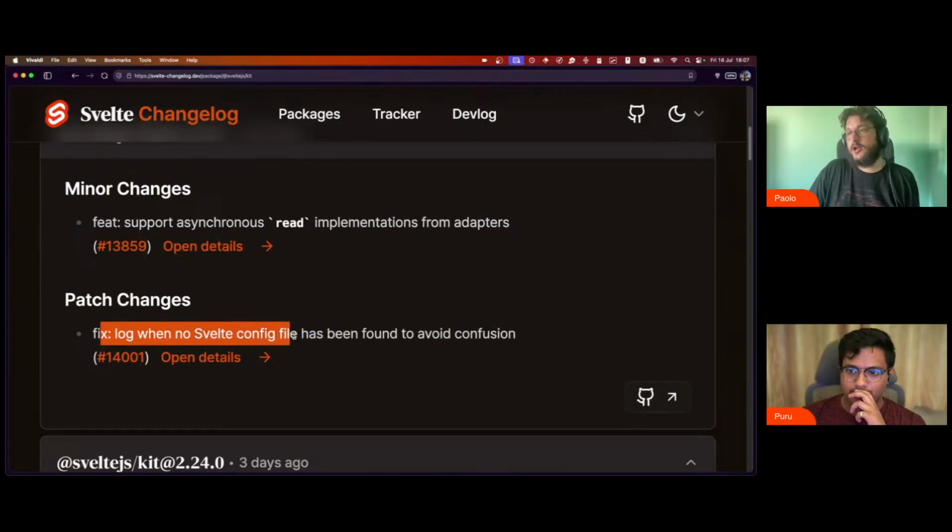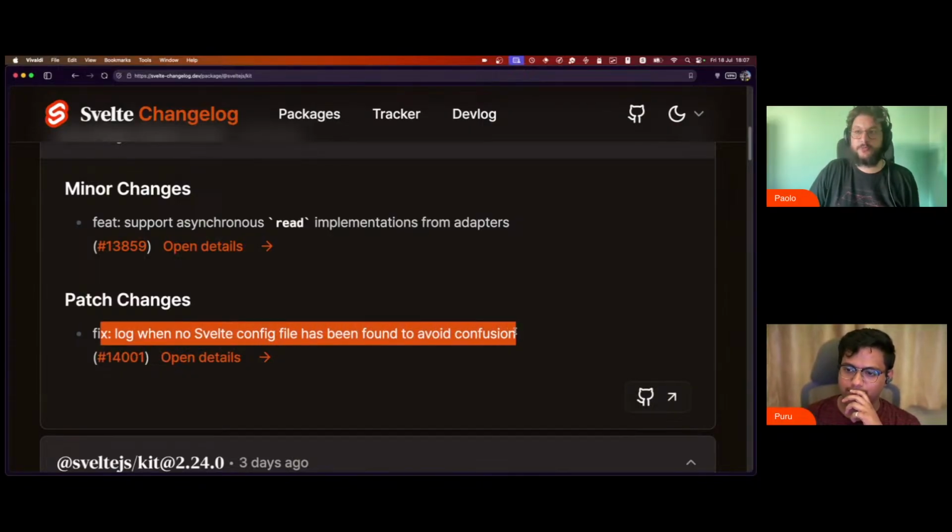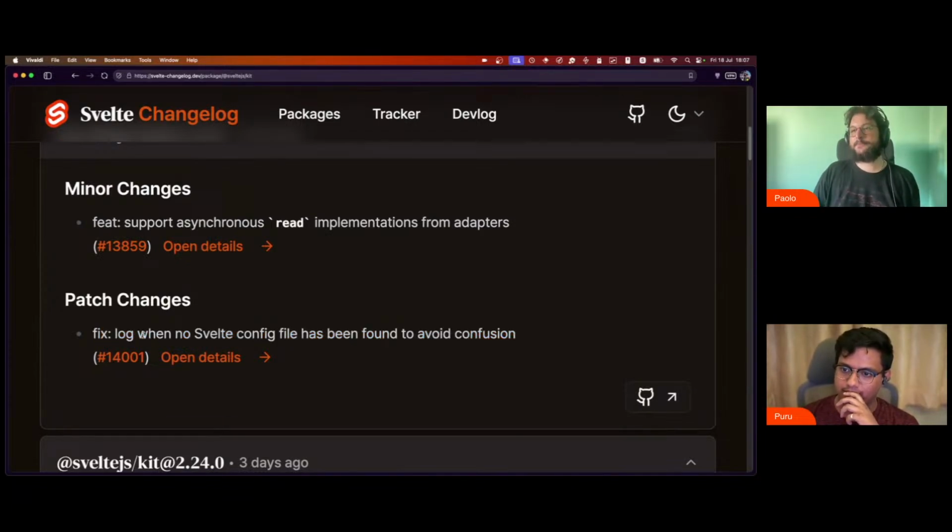Log when no Svelte config has been found to avoid confusion. So if you don't have a Svelte config, technically we will use one by default, but now we will also log that you don't have one. Support asynchronous read implementation from adapters. So read is a function that basically allows